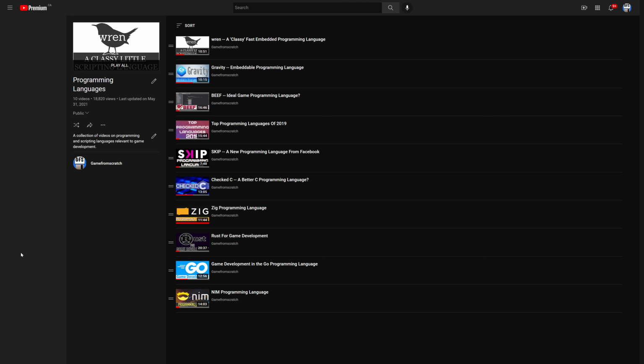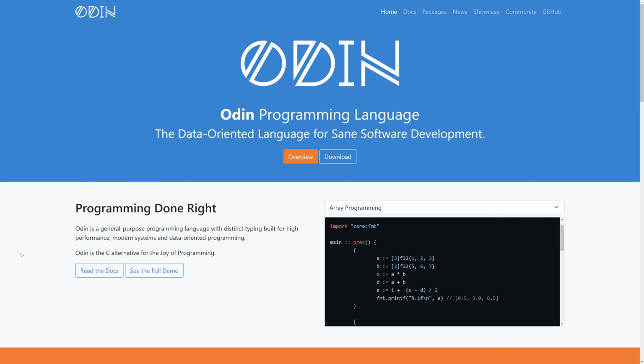Now, I'm not going to pretend for more than a second that I have any competency in ODIN. I've basically looked at it. I've played around a bit with it in code. It's fairly simple to get started with. The tooling is a little bit on the limited side. I couldn't get code completion working, for example, but I am no expert in this language. So I'm not even going to pretend to be able to tell you what makes this language good or bad versus other languages. This is more pointing you towards the fact that ODIN exists and letting you draw your own